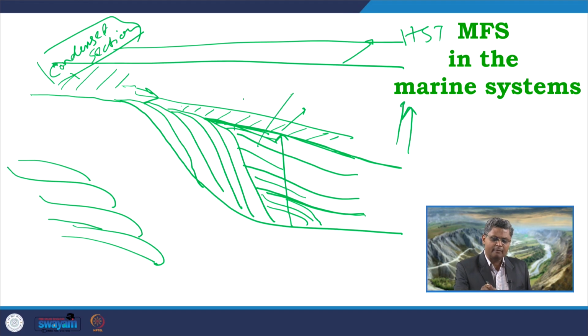So, this is the marine onlap part. The marine transgressive package is forming in the deeper part of the basin, and that leads to the maximum flooding surface in the deeper part of the basin. From the shoreline, if we move on to the seaward side, if we look into the shelf area now, the transgressive deposits may be reduced to a condensed section, or in some cases, if the supply of finer sediments is not that high, we can entirely miss the entire transgressive package in the shelf area, the outer shelf area along the shelf edge.